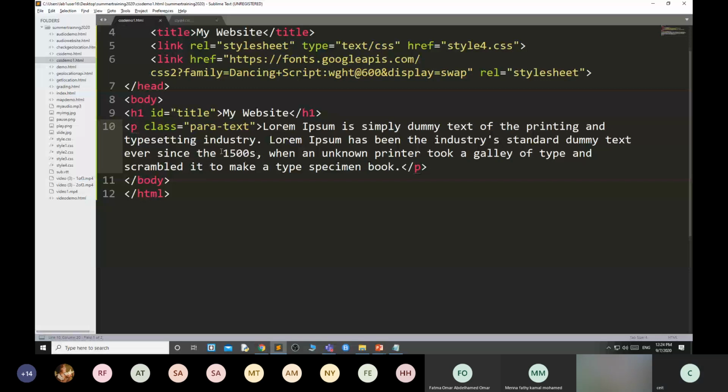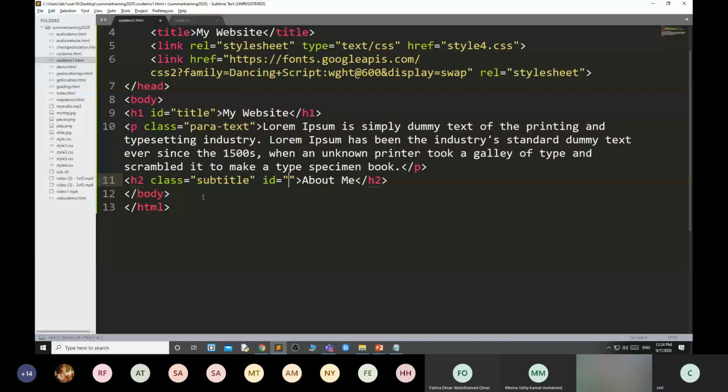Then after this, I'm using H2 about me. Okay, and this class I am using subtitle, and ID I am using about.